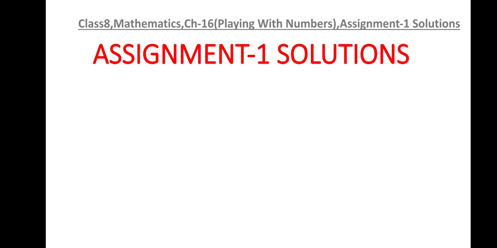Now, let us discuss assignment 1 solutions. I hope you must have tried assignment number 1 in your rough notebook or practice notebook. Now, dear children, after understanding the assignment 1 solutions, you are supposed to complete assignment number 1 in your homework notebook with complete steps. Write the complete steps of every question. Those who have completed it already, it is fine. Otherwise, write complete steps of every question the way I will be discussing now.